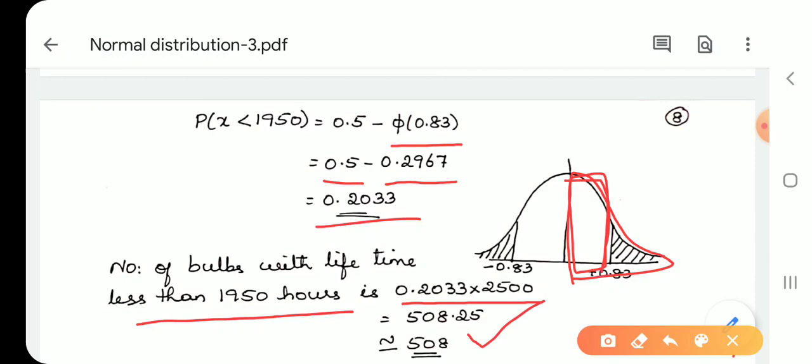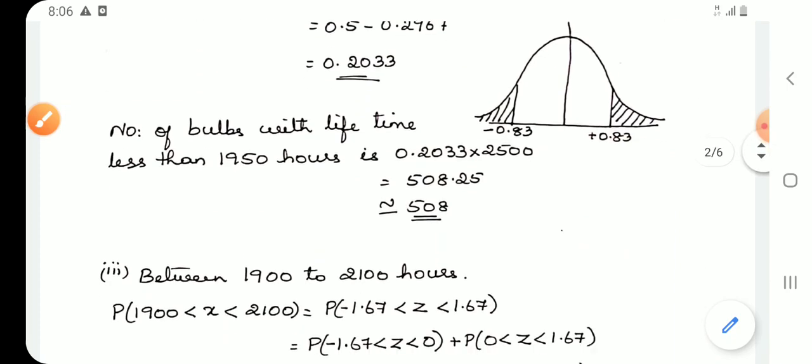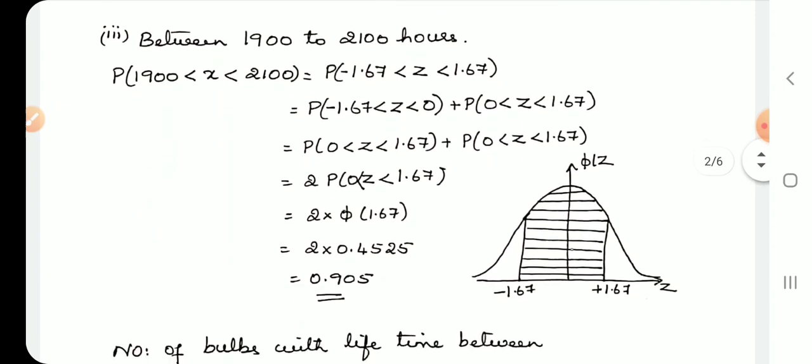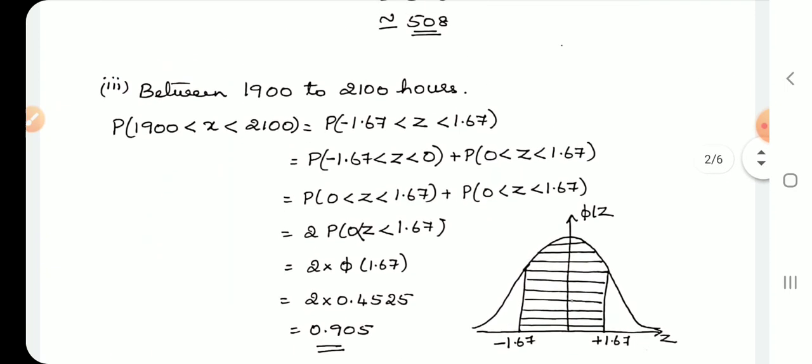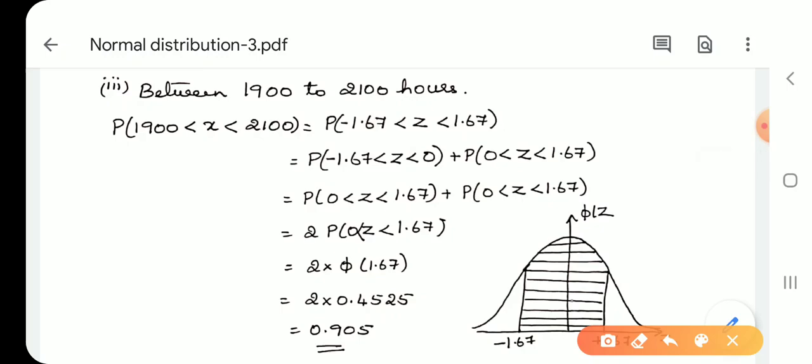So among that 2500 bulbs, the number of bulbs with a lifetime less than 1950 hours is 508. Let's move on to the third sub question there. Here we have to find the number of bulbs with a lifetime between 1900 to